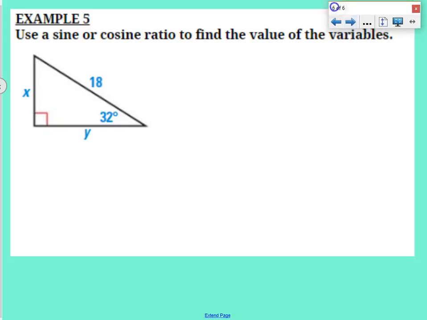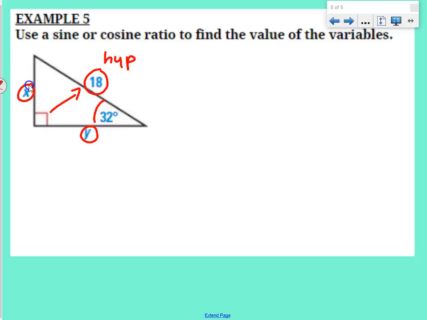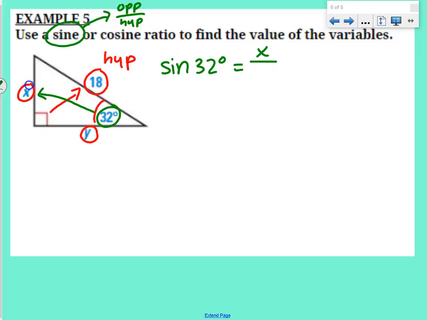Last example for you guys. Use a sine or cosine ratio to find the value of the variables. We're missing x and y. We know our angle measure is 32 degrees and we know our hypotenuse is 18. So let's start by setting up a sine ratio. Sine, SOH, so we're at that beginning, so it's opposite over hypotenuse. So if we're looking for the sine of 32 degrees, our angle measure, opposite side would be x over hypotenuse